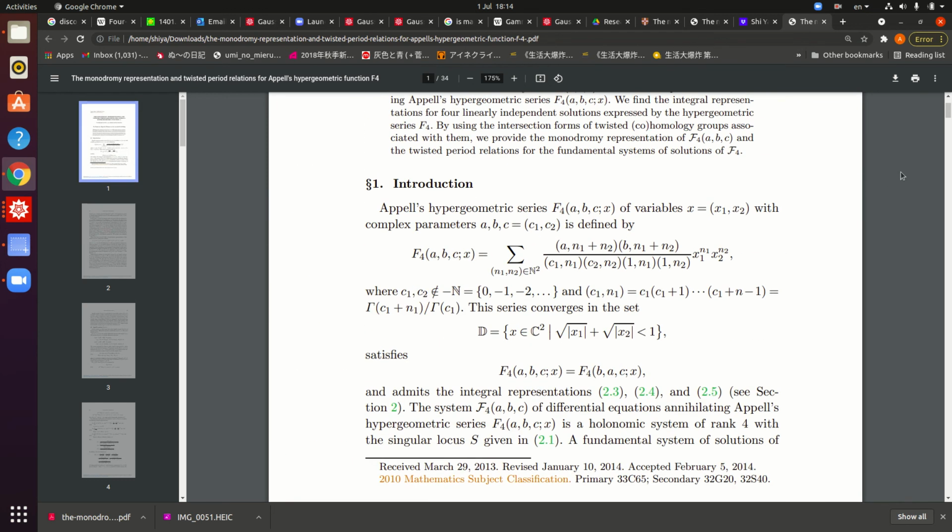So when I said that the series is divergent, I meant that if you want to make it divergent for x2 independently of x1, you make x2 larger than 1. If you want to make it divergent in x1 independently of x2, you make x1 larger than 1. They give you here a precise condition. They say that the series is convergent in this region. So that probably tells us that,